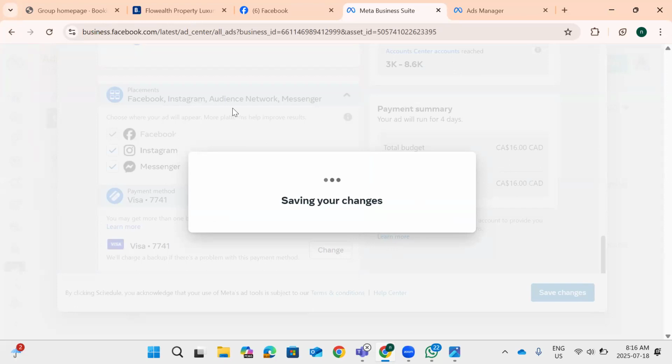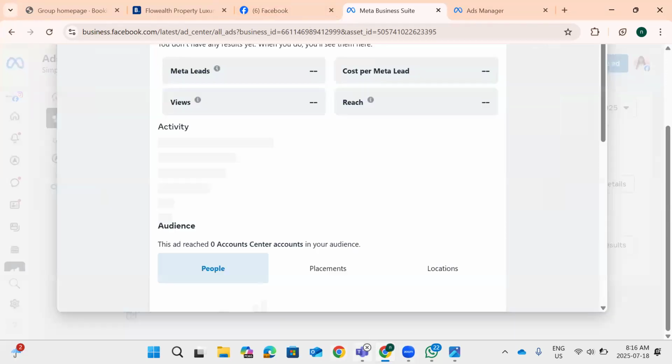So high level, that is how we should be running ads. And that's kind of like the expectation. Now I gotta look for the button that I